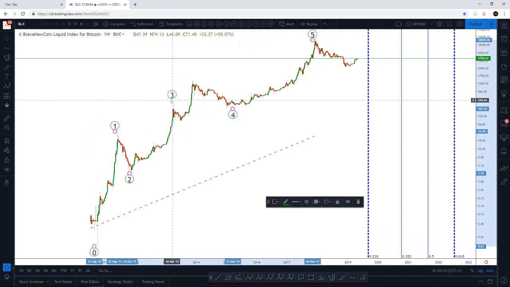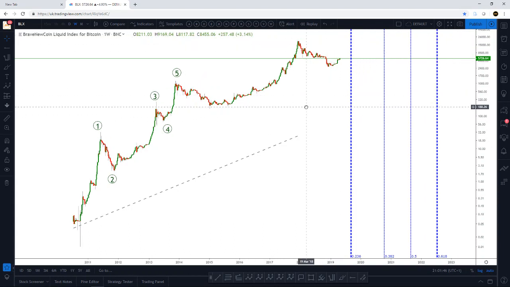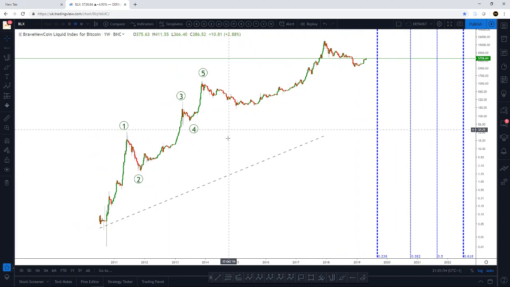My preferred count is this. So this is our first wave, second wave, third wave, fourth wave, and fifth wave is going to go up higher from here. And I'll be discussing whether or not this is finished in terms of the fourth wave. Okay, again, we'll be discussing that later. Now, I just want to show you some very key Fibonacci